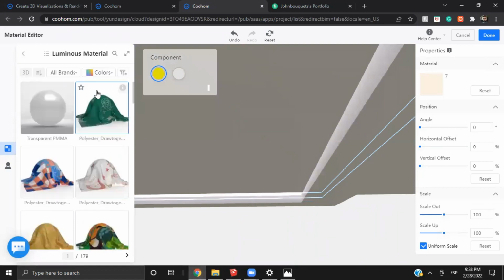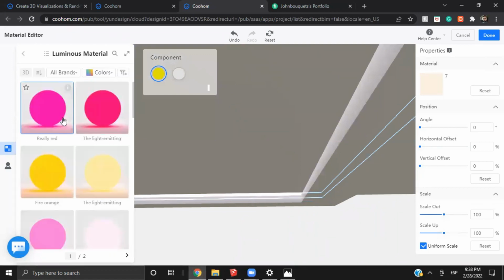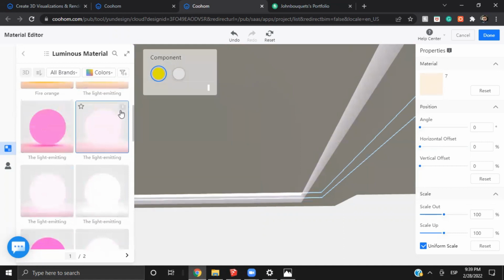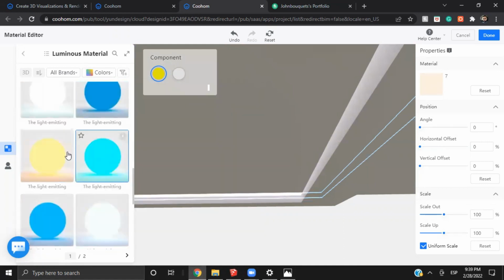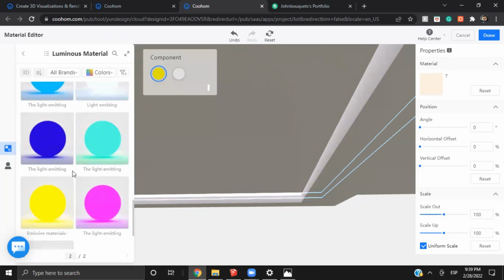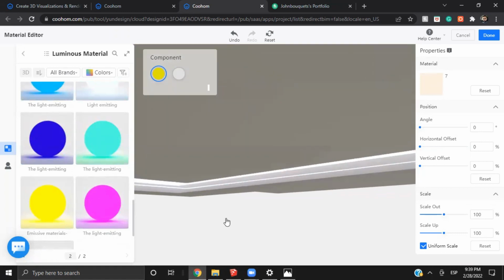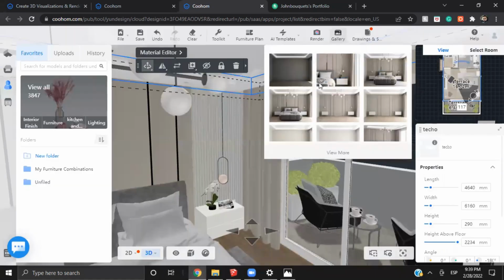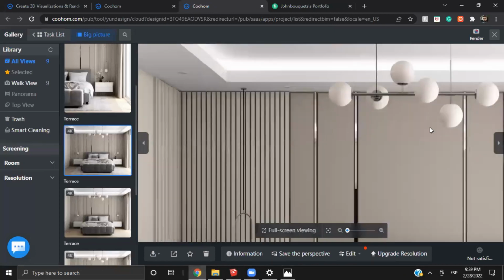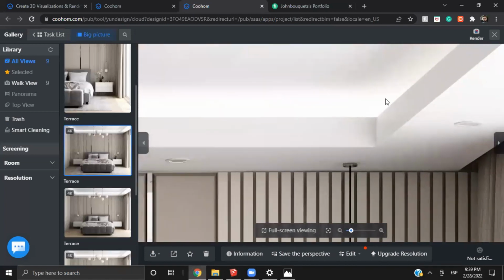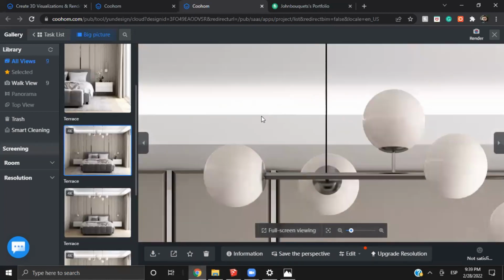Now, there are tons of already uploaded luminous materials, such as this one. This one, for example, is pink. This one is a bright yellow, white, blue, and so on. There are tons of already uploaded materials, but you can also upload this kind of materials. Let's go back to this rendering. There is something that I do not like about this rendering, and it is this light right here, these LED strips